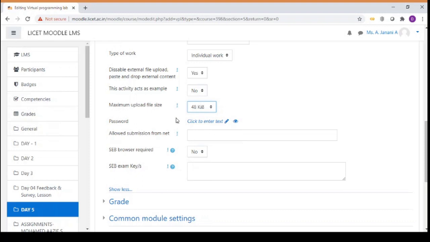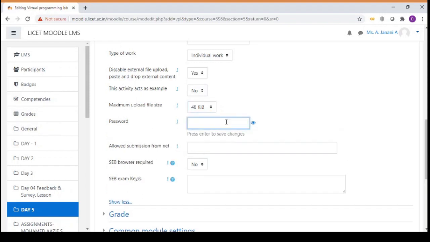Okay, so it is an option only. And for the password, here I enter a password to restrict students from other classrooms from entering this. So only the students who are given permission to access this classroom will be allowed to take up the exam. So I'm setting a password.